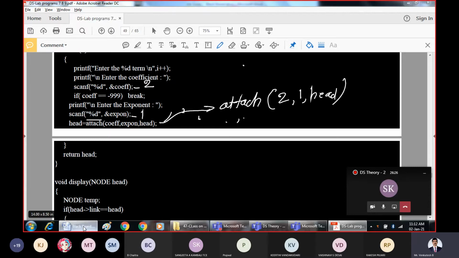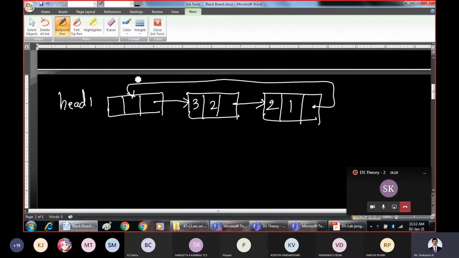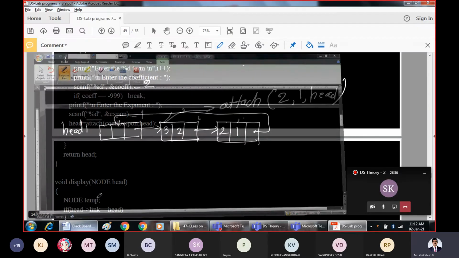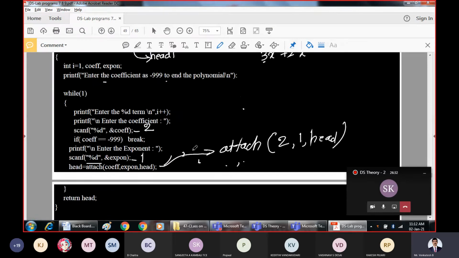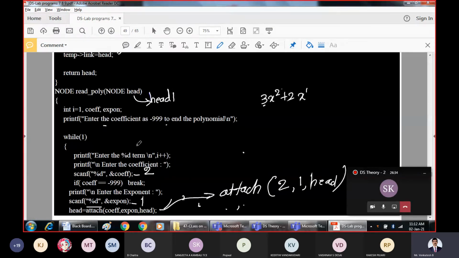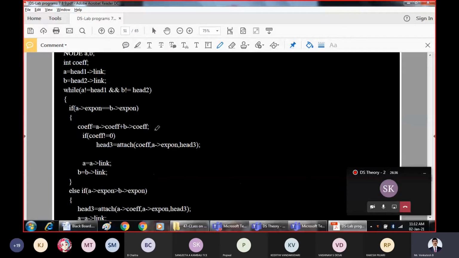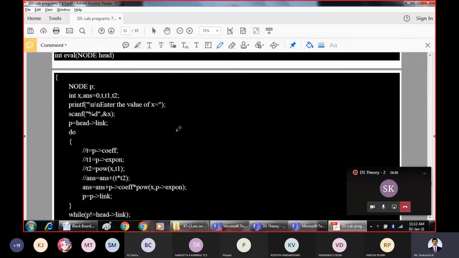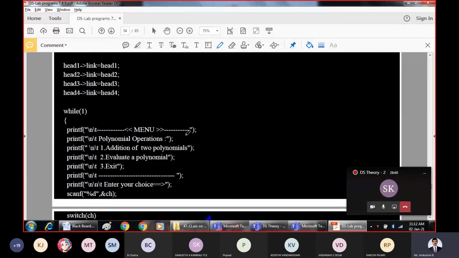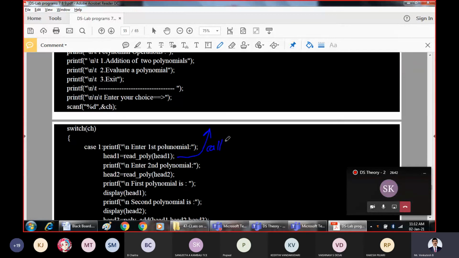So ultimately the first polynomial we have successfully read. We had come to read poly from the main function. Let us go back to the main function, where we have returned after successfully reading the first polynomial.